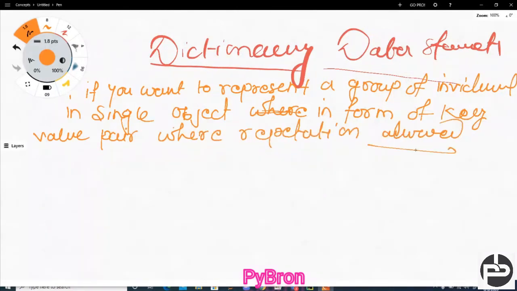Hope you understood the definition, right? A dictionary is this kind of thing. A dictionary is always represented in the form of curly braces.